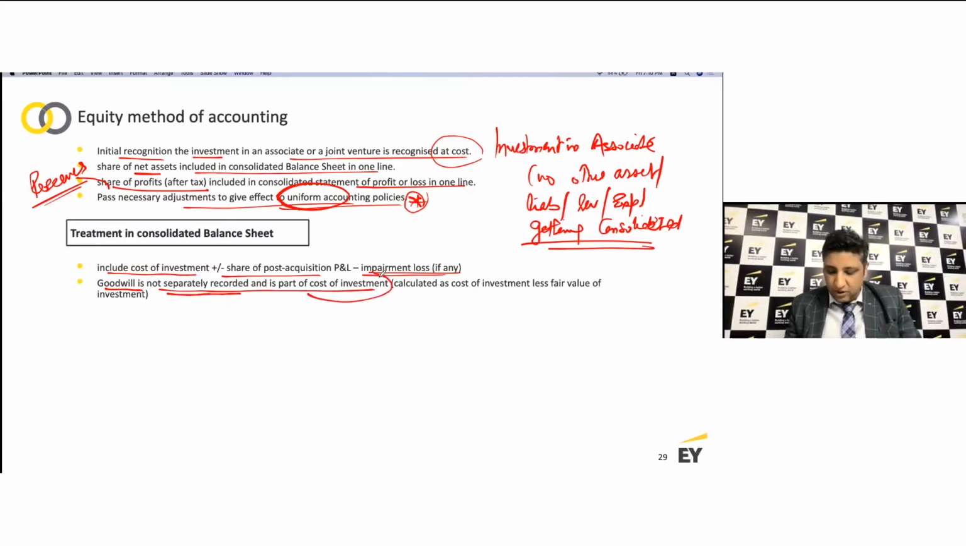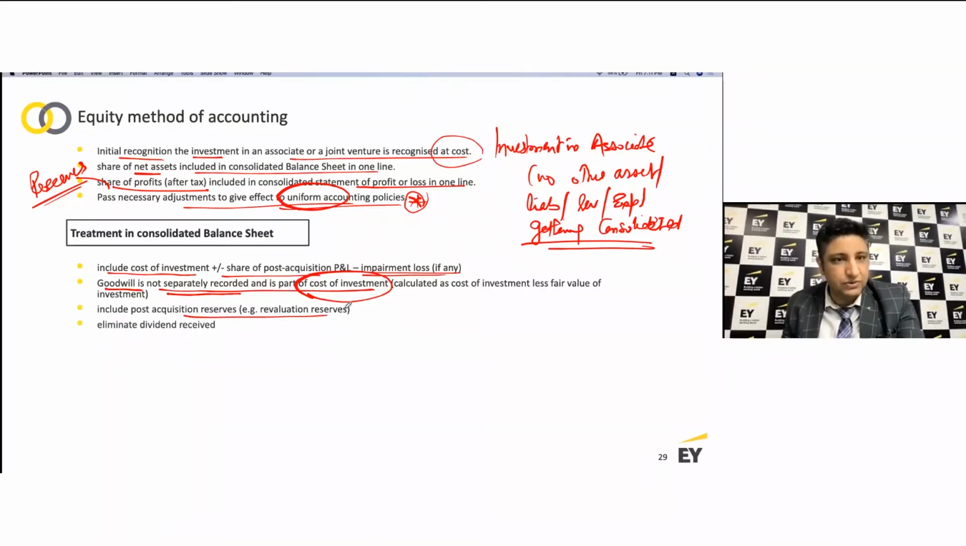You would simply call it an overall investment in that associate. It's a part of the cost of investment, and you don't record it, unlike the way we have done it in case of investment in a subsidiary. At a group level, we do recognize goodwill, which is not the case here. Of course, we said that the post-acquisition reserves, which are a part of equity, are also included, and any dividend received. Now, a dividend is essentially a recovery